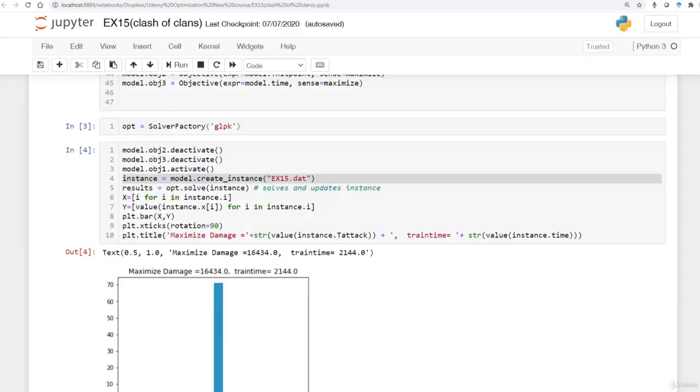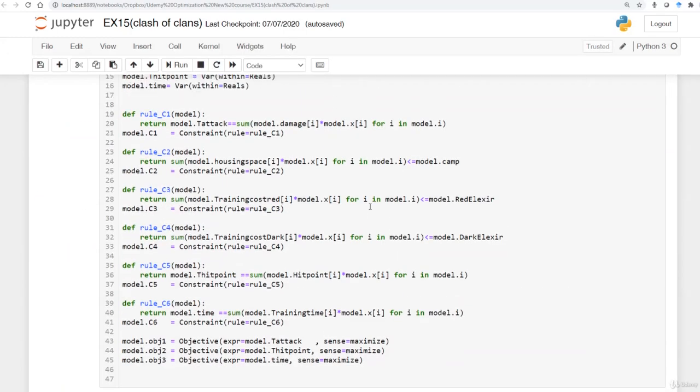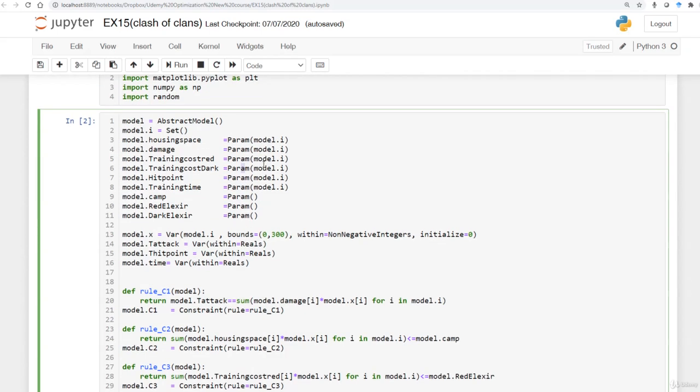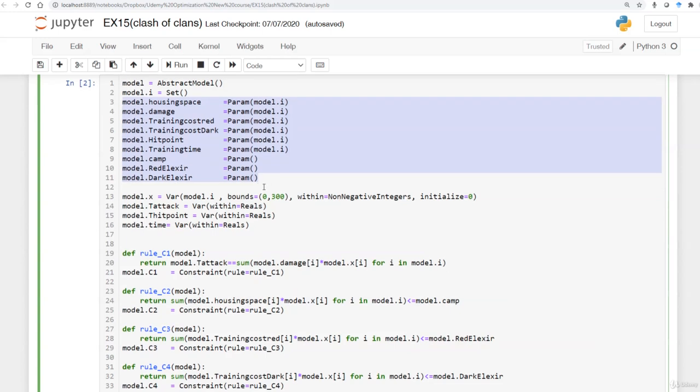Okay, so let's have a look at the Python code itself. First of all, as usual, we have to import all the required packages, and then we have to declare the parameters that we are going to use. For example, set I is representing every troop you have, and also these parameters like housing space, damage, training cost red, training cost dark, hit point, training time, camp capacity, and also red Elixir availability and dark Elixir availability should be specified,